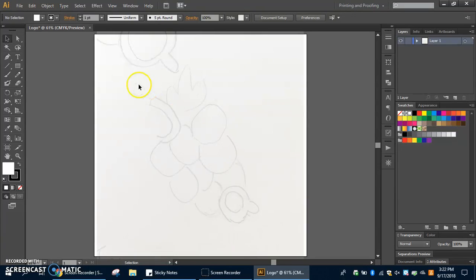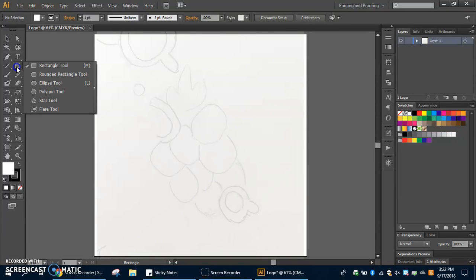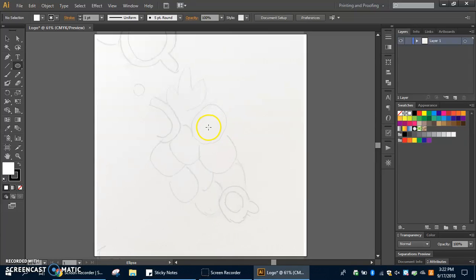Alright. So for Illustrator, we want to work in shapes the best, or as often as we can. So there are no rectangles in our shape, but we do have some circles in there. So I'm going to use the ellipse tool to draw these grapes. So when you use the ellipse tool, I can click and drag a circle any shape I want. But if I want to make sure it's a perfect circle,